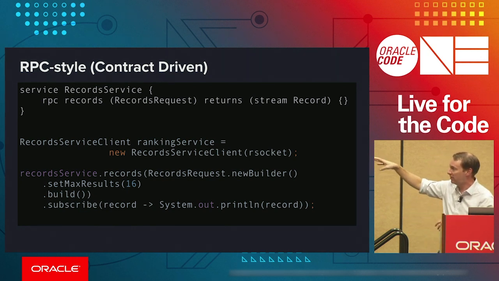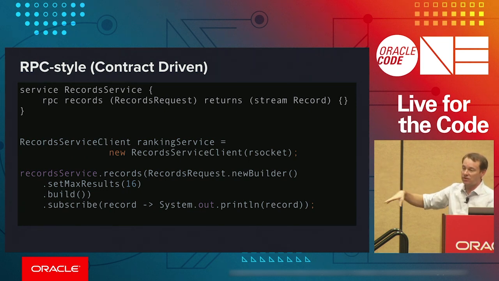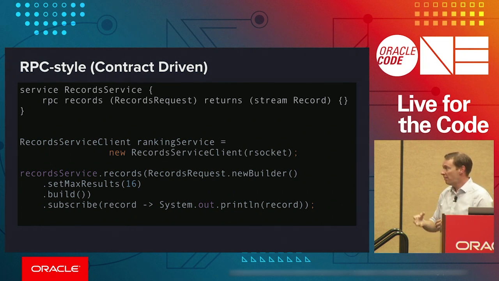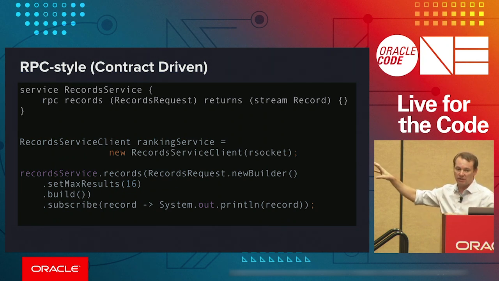So now we have one of these record service clients and it knows how to say, okay, I want you to go get me the next 16 records from whatever this is. It goes out there, we subscribe to it, and as those come in, we print them out, or we do whatever it is that we need to do. And underneath the hood, it's translating onto the RSocket API that we saw a little bit earlier, but it's also taking advantage of the RSocket protocol. Behind the scenes, it's doing request-n semantics. Resumability is in place in a way that's transparent to the programmer at this particular level.